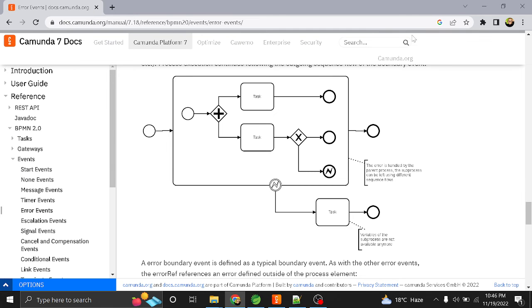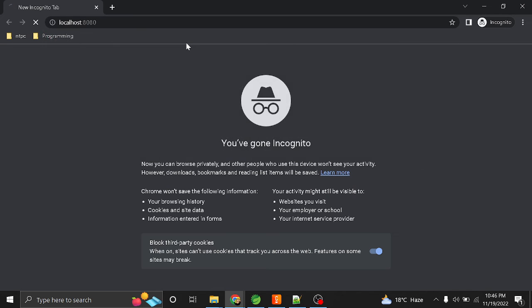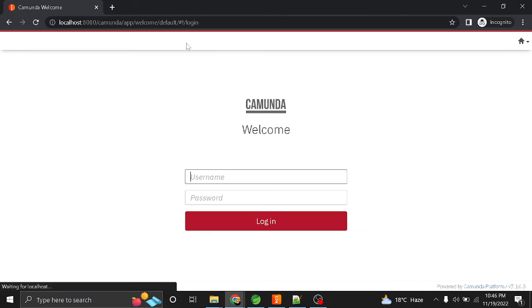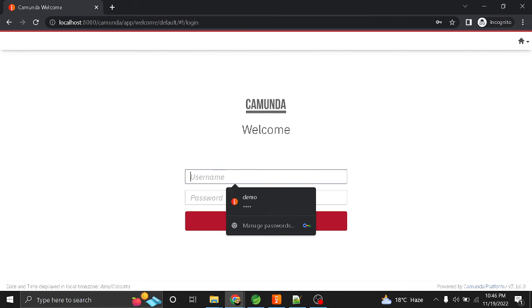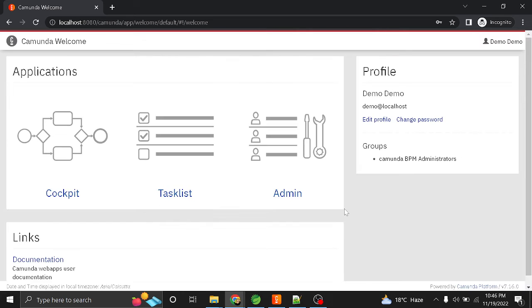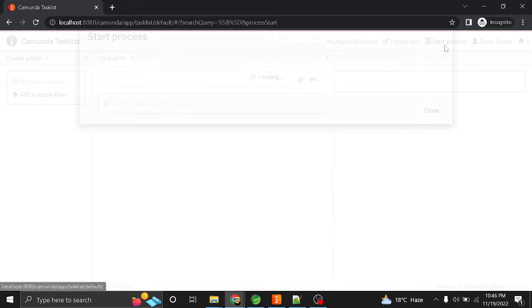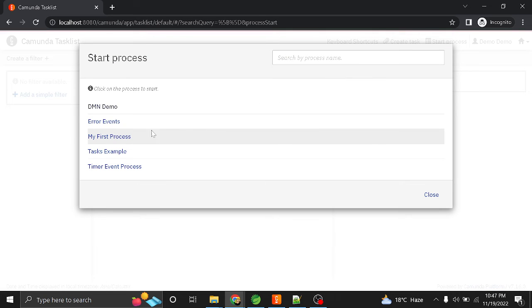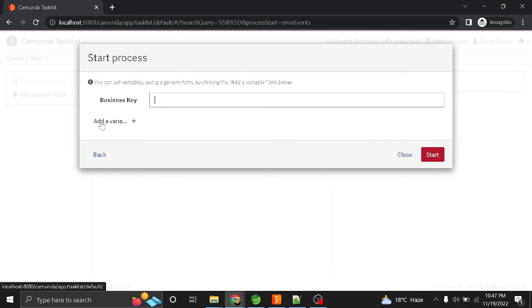Now let me run this in incognito. We provide demo, go to the task list, and start the process. This is our error event process, and now I am going to start it.